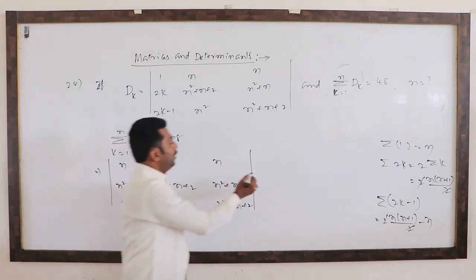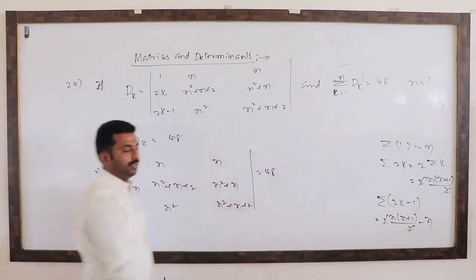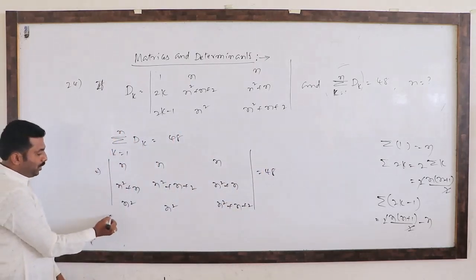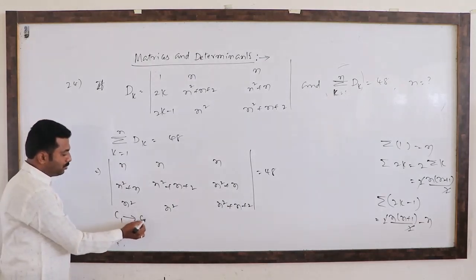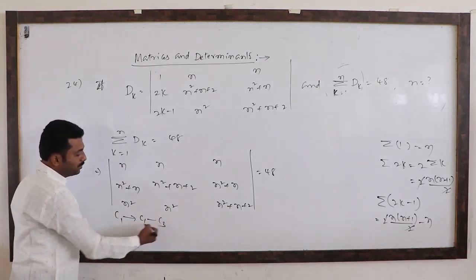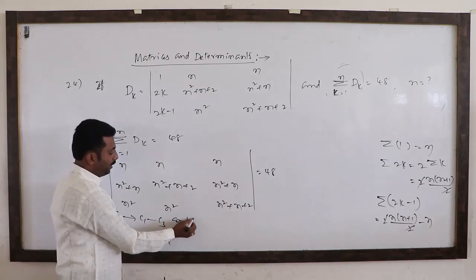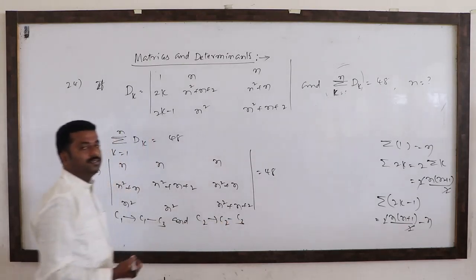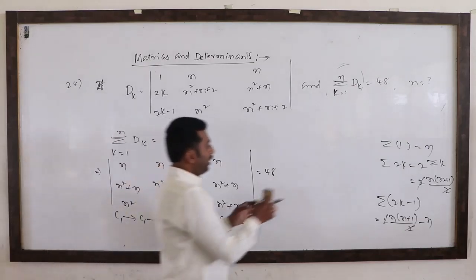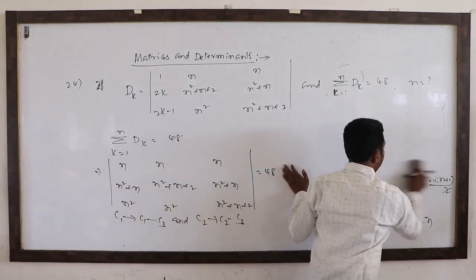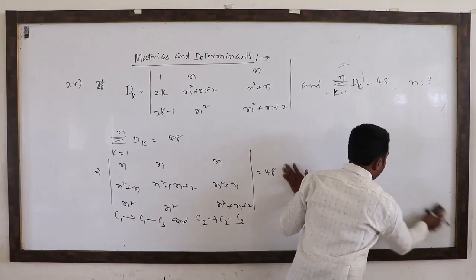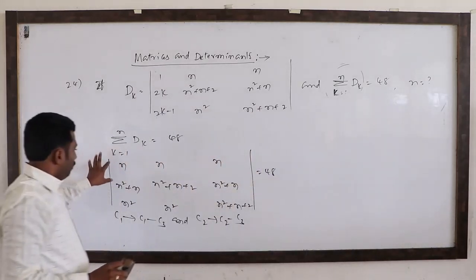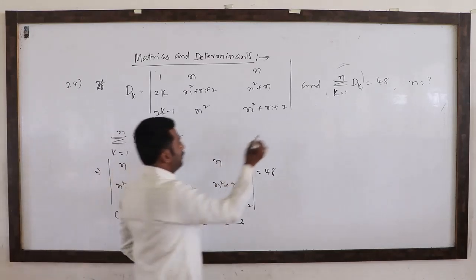So how much is it? 48. Now you observe the operations. We are applying the operation C1 changes to C1 minus C3 and C2 changes to C2 minus C3. If you apply it like this, we'll see what happens. Finally our aim is to calculate the n value. So how to calculate the n value? See here,